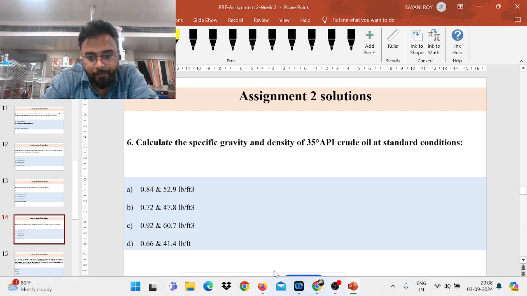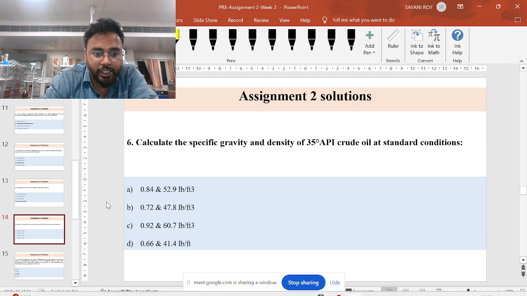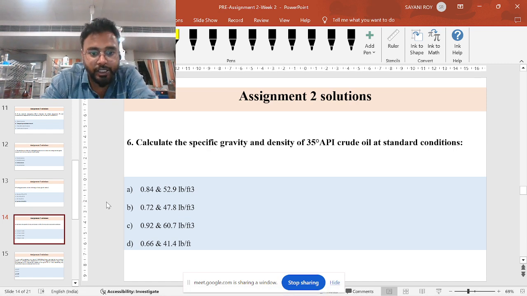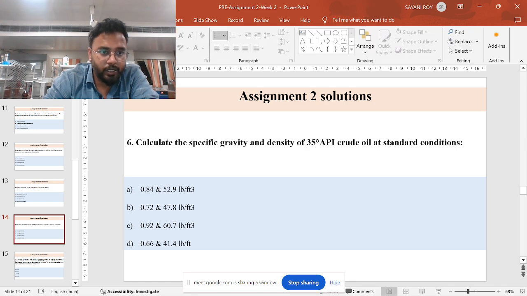Option B is 0.72 and 47.8 lb per feet cube. Option C is 0.92 and 60.7 lb per feet cube. And option D is 0.66 and 41.4 lb per feet cube. These are the four options. So let me go to the